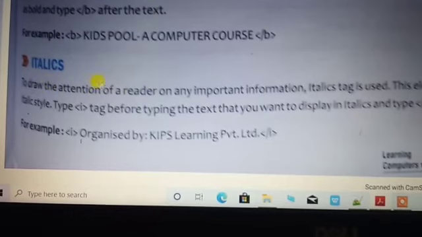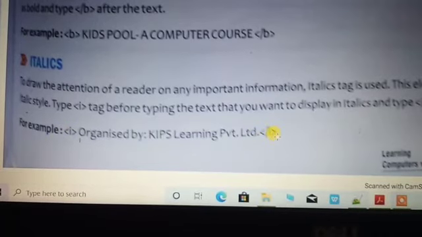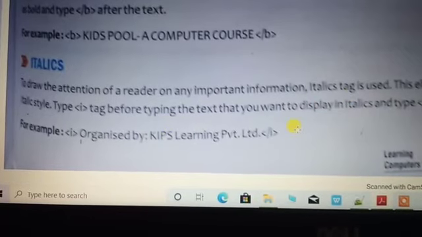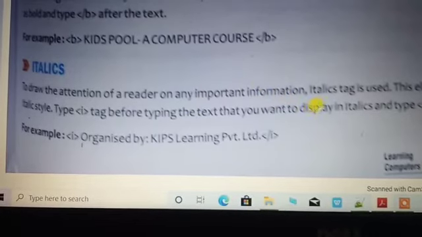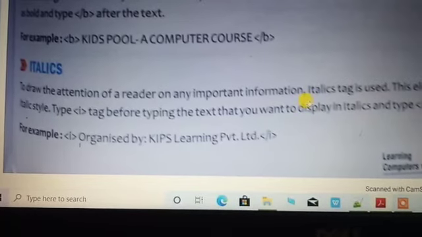Then there is the italic mode. The italic tag is defined by the I tag. It is also a container type of tag, and we can use it to define whatever text should be in italic mode. The text is shown in a slightly bent form, and it can also create a different look onto the web page.